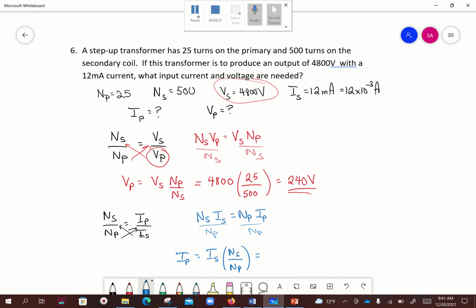So IS is 12 milliamps, 12 times 10 to the minus 3 amps. Number of turns on the secondary is 500. Number of turns on the primary is 25. And so I get 0.24 amps. Remember, when the voltage goes up, the current goes down, and vice versa. So my input voltage is 240 volts. My input current is 0.24